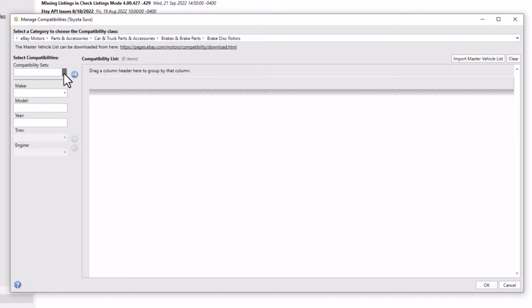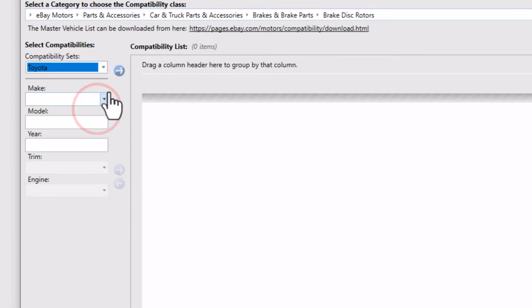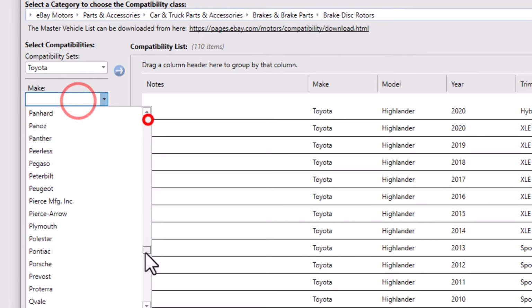If you want to add an existing compatibility set to this set, choose it from the Compatibility Sets drop-down and click the arrow to the right to add it to the list. For additional entries, choose a value for each compatibility field. For make, we will select Toyota,